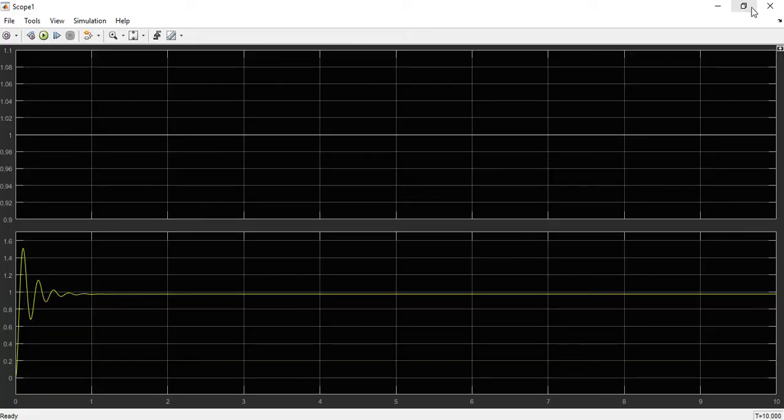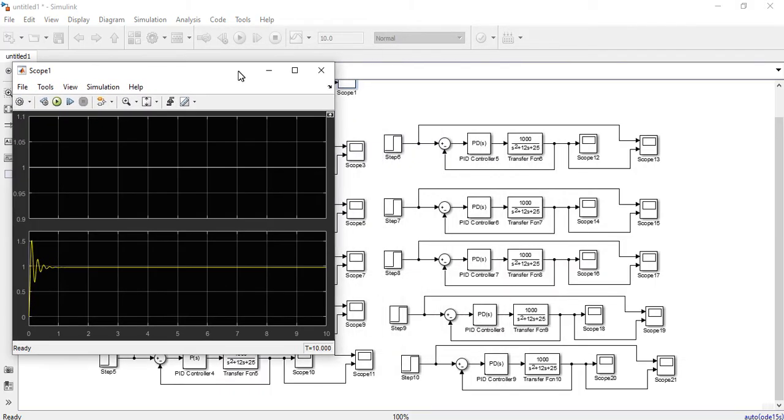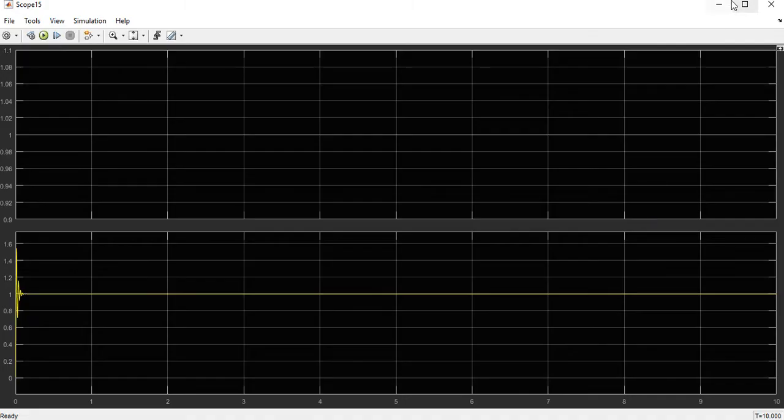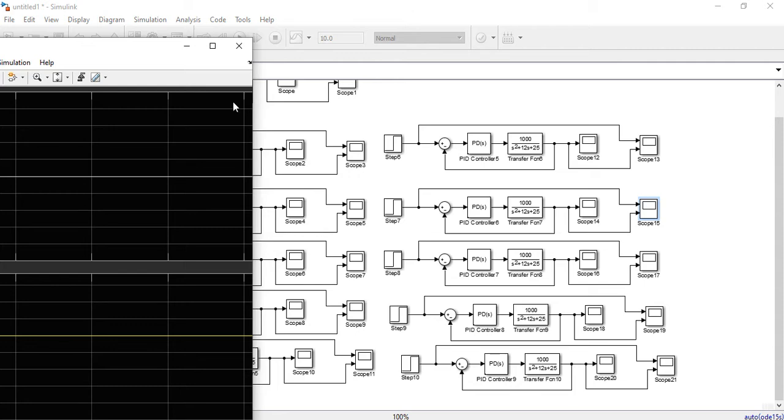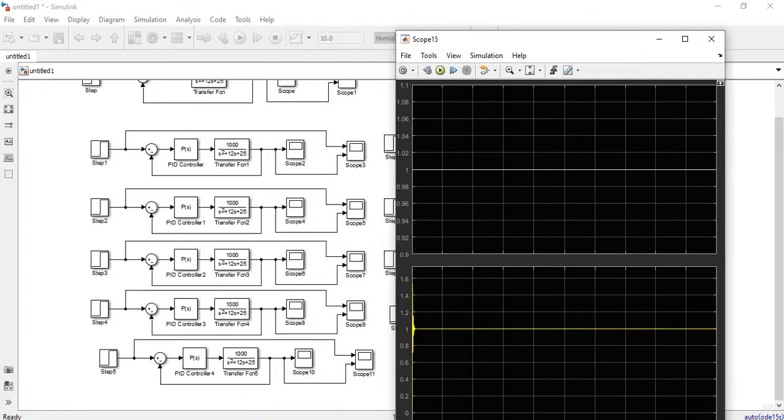This first one is without controller, and this one is with controller. Just wait, I will minimize it so you can see clearly.